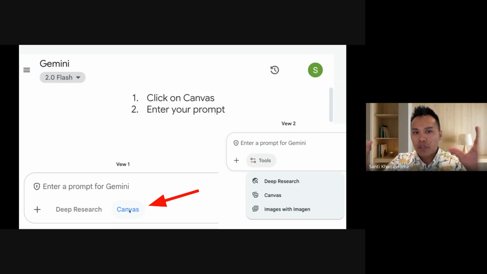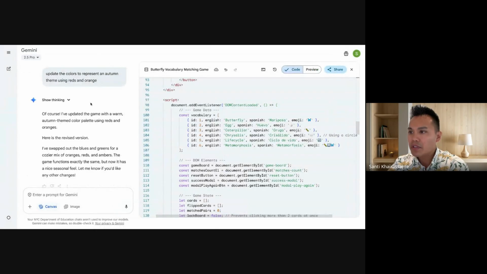Canvas is where it breaks the screen up into two. I'm a big fan of that format where you have your resource on the right and then your chat on the left. If you don't click Canvas, that's fine. You just have your traditional looking chat window where you have what you said, and you have what AI said, and you go back and forth. I like Canvas because I think it's easy, especially if you're working on an email or a lesson plan, you have those options of exporting it to a Google Doc like this, okay?